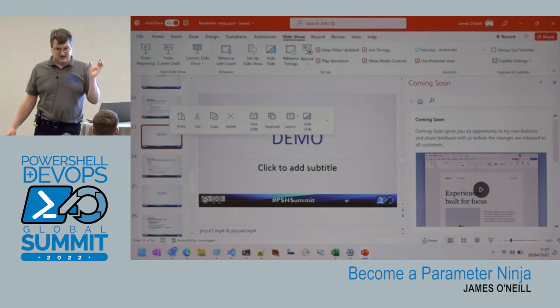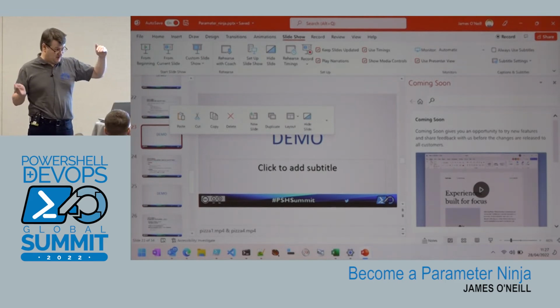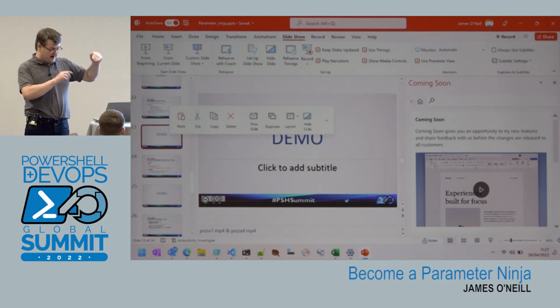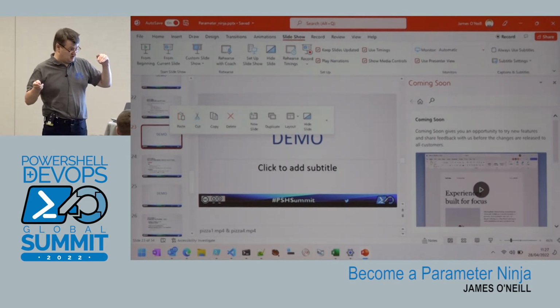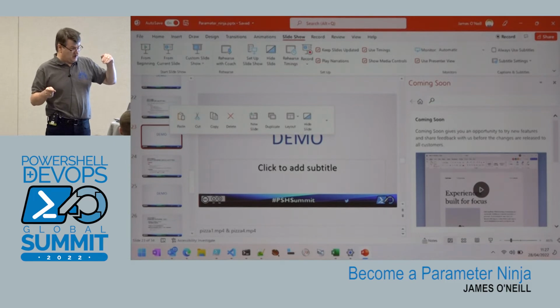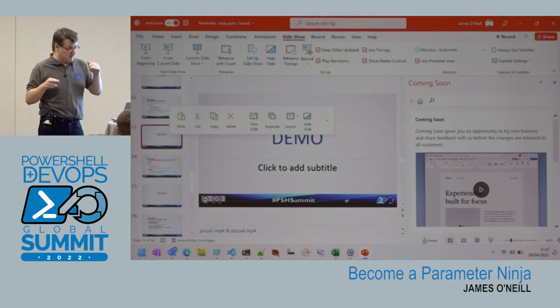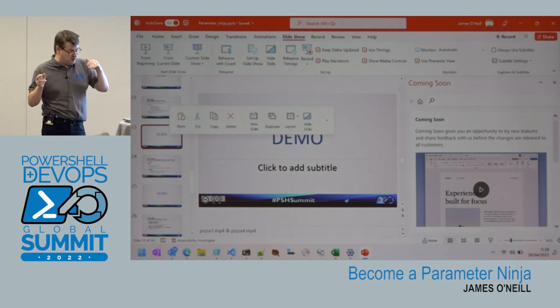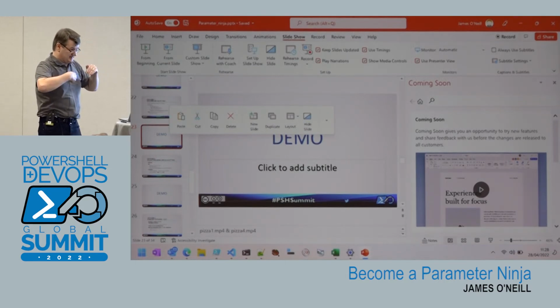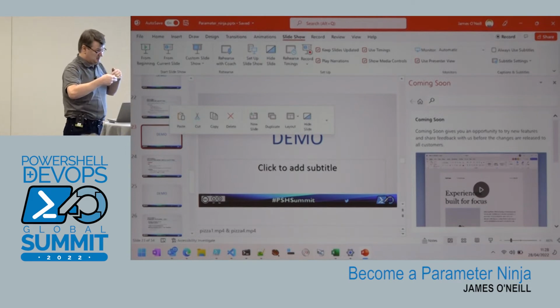And the answer is no, it's not. The script block is frozen when I run the completer, and then that script block goes and gets the information every time. Okay, so it depends a little bit on how you write the script block, but usually the script block is smart enough to say, go get the data fresh every time.